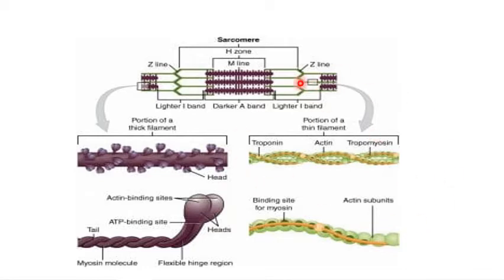This is the structure, and here you can see the Z line. Here is the M line. It bends towards the M line, I said, right? This bends towards the M line, and the H zone contains the thick myosin filament. When the Z lines come closer there will be a contraction, and when they go far away there will be a relaxation. The lighter band, which allows light to pass through, is made up of the thin filament, that is actin, and the darker band, where light does not pass through, is where the thick and thin filaments, made up of the proteins actin and myosin, overlap. And this is a detailed structure of them.